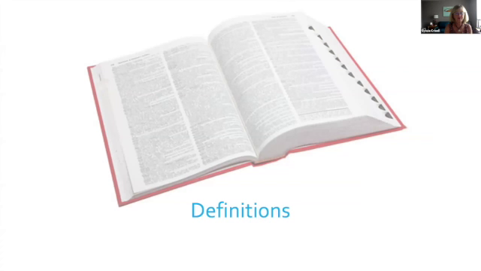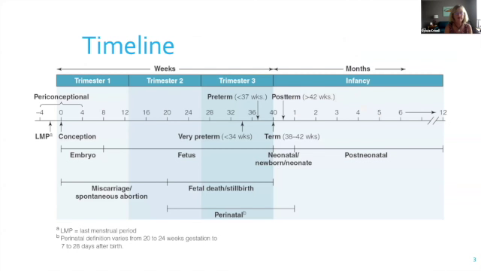So we begin with definitions. The timeline for pregnancy. We've already talked about this, how menstruation happens, and then about 14 weeks after a period is done, people can conceive. We've given that a little bit of information. And if they do conceive, this is kind of how the clock goes. Okay, so we have some terms here. We have trimesters, which everybody's used to talking about. We have the infancy period between birth and 12 months. And this is periconceptual, which means around conception.